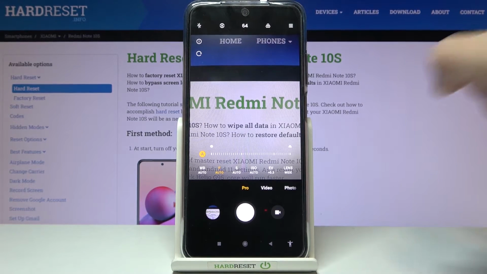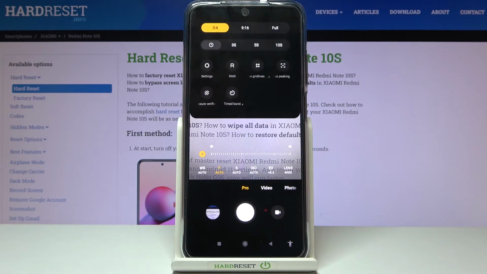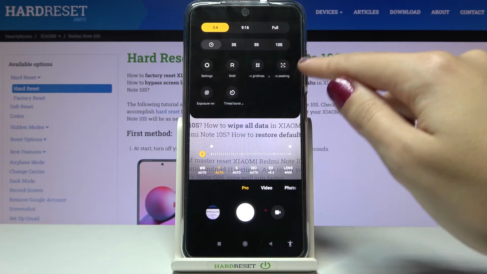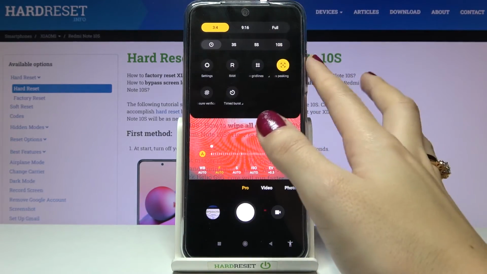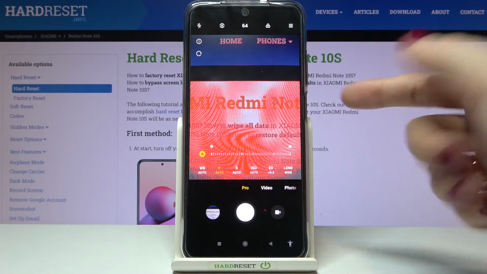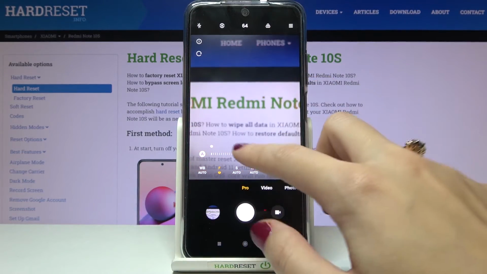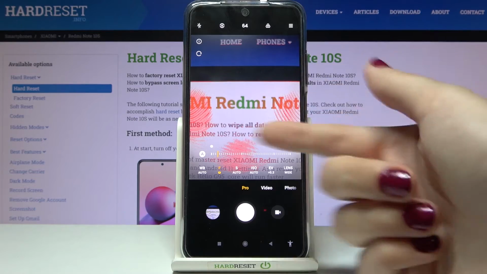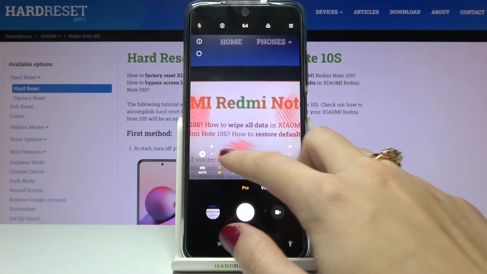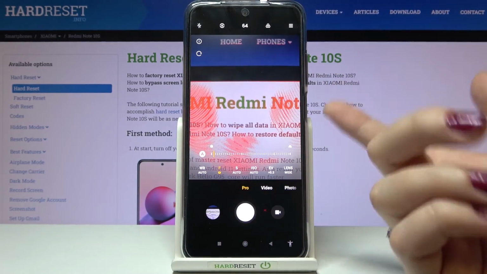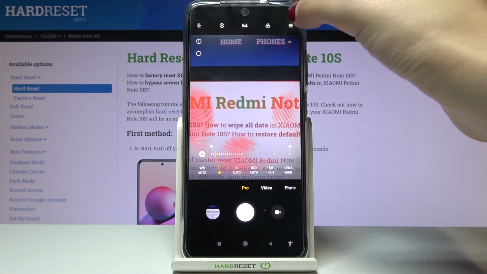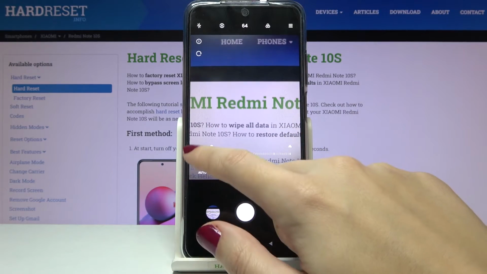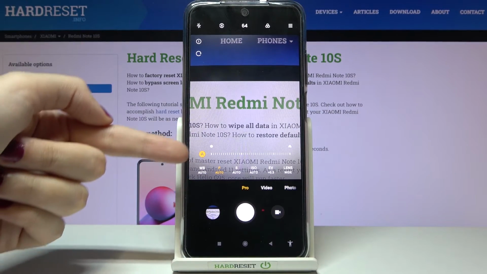but I want to show you that when we again tap the right corner button here in the settings, we also have focus peaking here on the right, so just one tap to turn it on and another tap to turn it off. And when we have it turned on, as you can see we have these red signs, so it shows us the areas that are focused correctly on our picture, and this is also really helpful when we use this manually. Now let's turn this off and go back to autofocus and move to the next one,